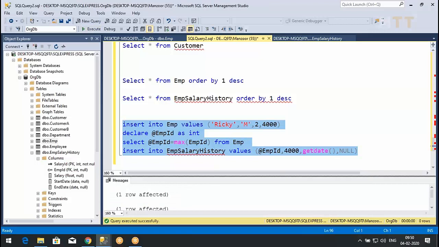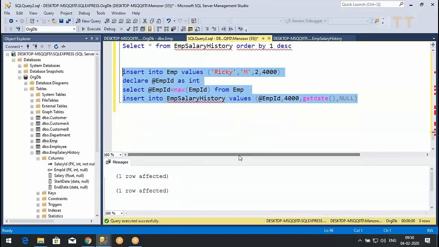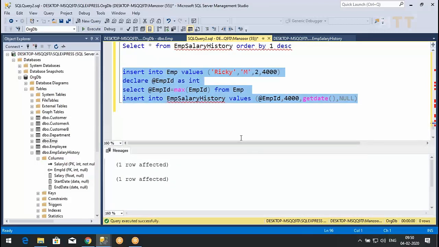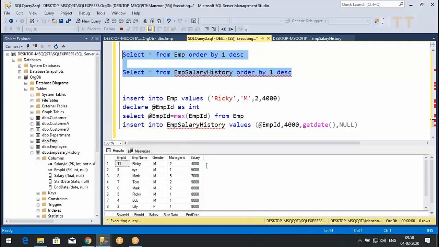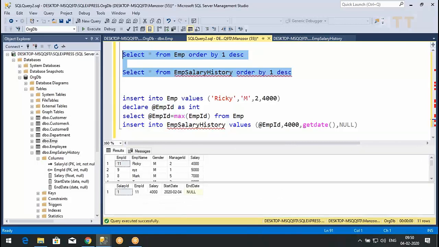It's perfect now. See this 11th record, Ricky, 4,000. 11th record, 4,000 salary, start date, and end date is null. This is fine, everyone.